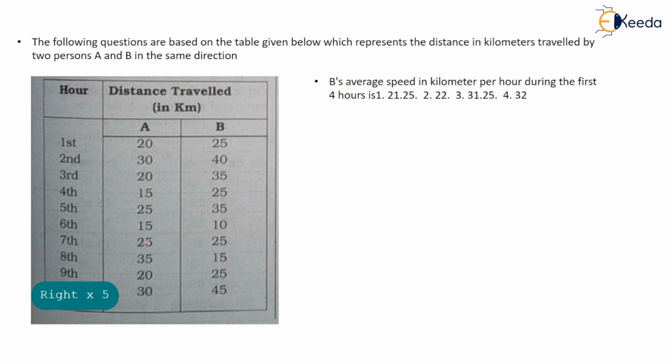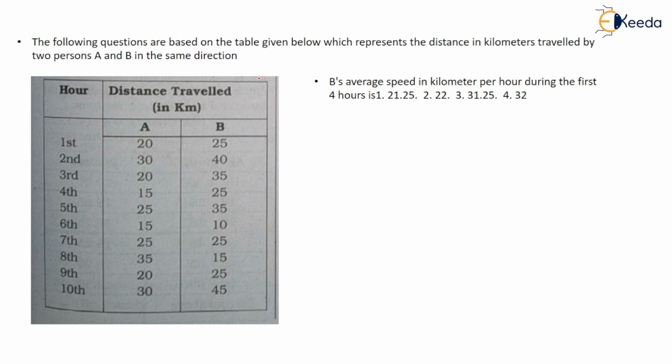So here is the next question that we have to find out. Okay, so there is data, that is the number of hours, then the distance that is traveled by someone. We have to find the following things on the basis of the data. This is body A, this is body B. There are two people, you can say A and B, and they are covering this much. They are traveling 20 kilometers in the first hour, 30 kilometers in the next second hour, then in the third hour they travel 20 kilometers, in the fourth 15. So these are the number of kilometers they traveled in the respective hours.